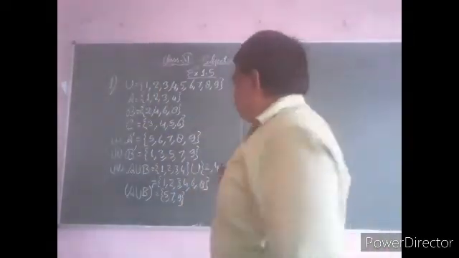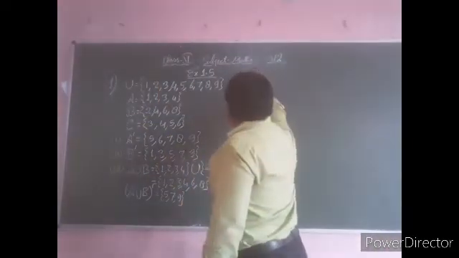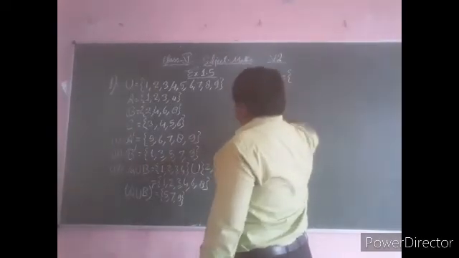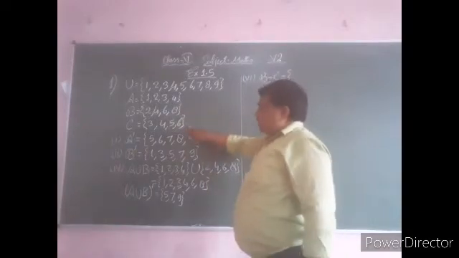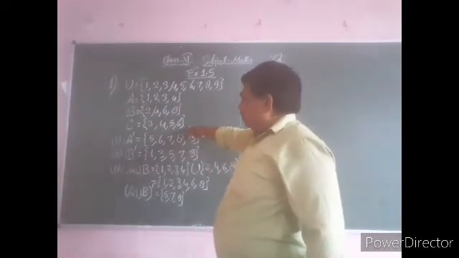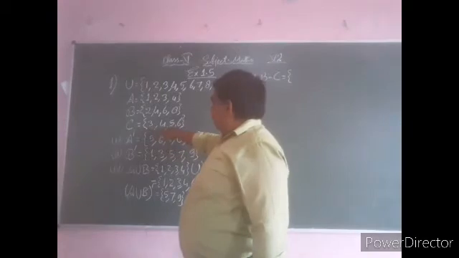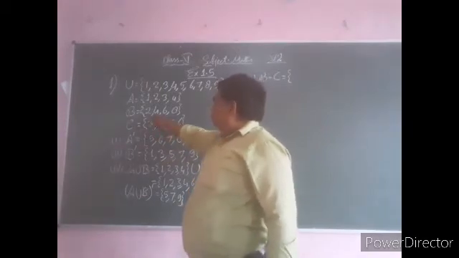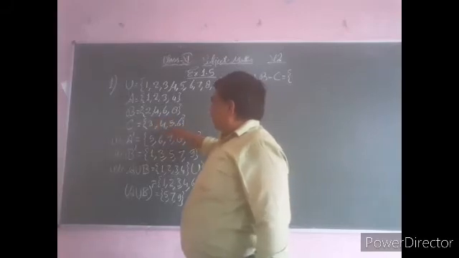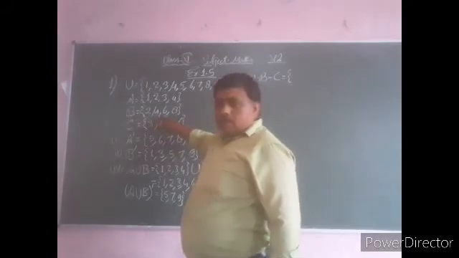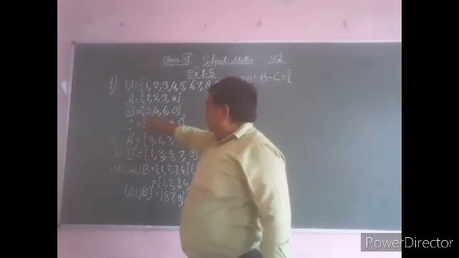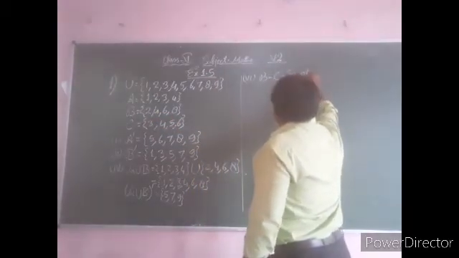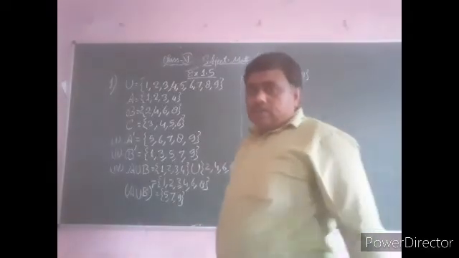Now B minus C complement, number 6. First of all find out B minus C. So common elements are 4 and 6. 4 and 6 are common elements. So from B, remove 4, 6. Write down the rest of the elements, 2 and 8. It is B minus C.